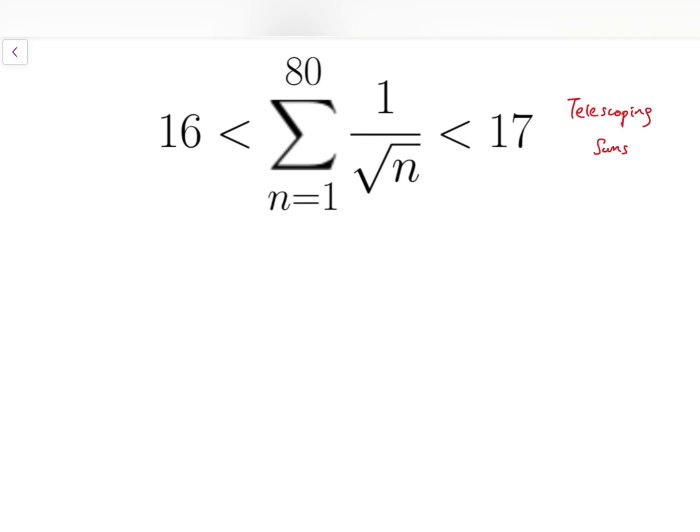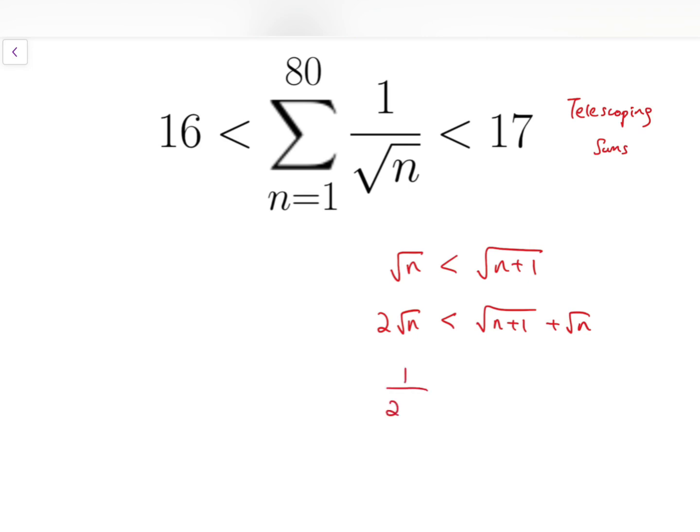So to start off, I'm going to use this trivial inequality, which is that for all natural numbers n, square root of n is less than square root of n plus 1. Trivial, right? But now I'm going to do something tricky, which is I'll first add both sides by square root of n, so then the left hand side will become 2 times square root of n, less than square root of n plus 1 plus root n, and then I'm going to take the reciprocal,